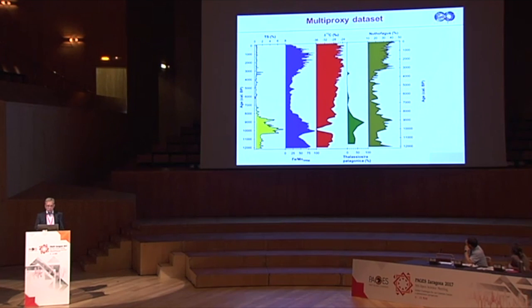chronology for our multi-proxy dataset, and I show you the total sulfur record in yellow, in blue the iron-manganese ratio, in red carbon-13 data, in green a diatom record of the diatom species Thalassiosira patagonica, and finally in olive a pollen species, this is Nothofagus. And I want to walk you through this multi-proxy dataset in 3 steps and begin with the early Holocene,